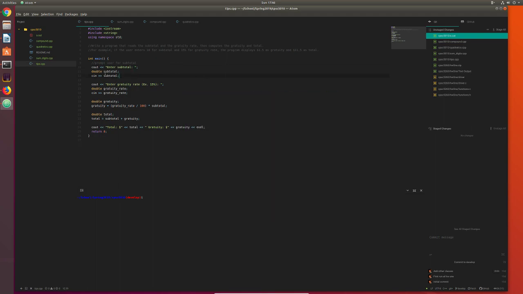So we're going to basically ask the user for the subtotal and save it, and then ask the user for the gratuity rate that they want to use for the bill, and then we calculate the total gratuity for the bill by taking the rate that they want to use divided by 100 and then multiplying that by the subtotal of the bill, and then we just add that gratuity to the subtotal to get the total that the bill will cost. So if we want to run it,